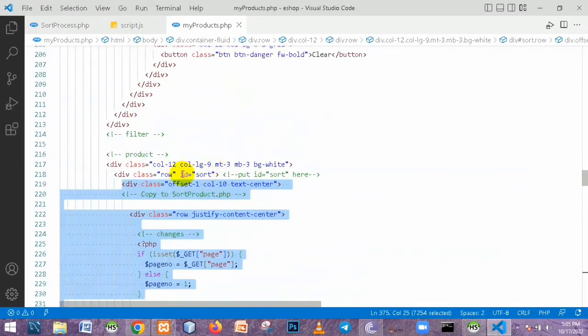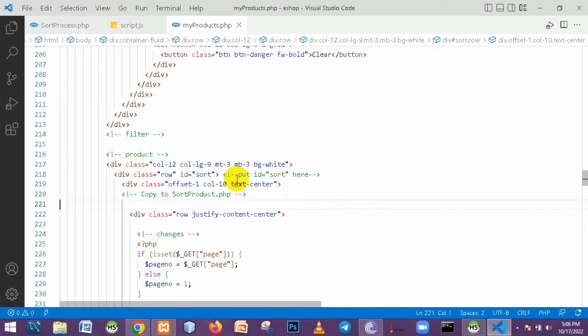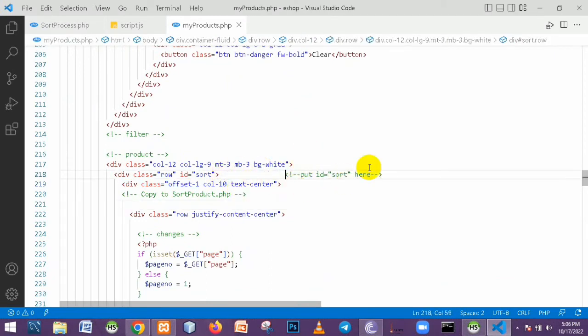After all, I wanted to put this ID here. When we selected this line, we wanted to give an ID to the line above it, next to the above line. So now you can see I gave that sort ID here. I put ID sort here. You can also get that from this note here, and I copied it to the sort product PHP. I also show you that,